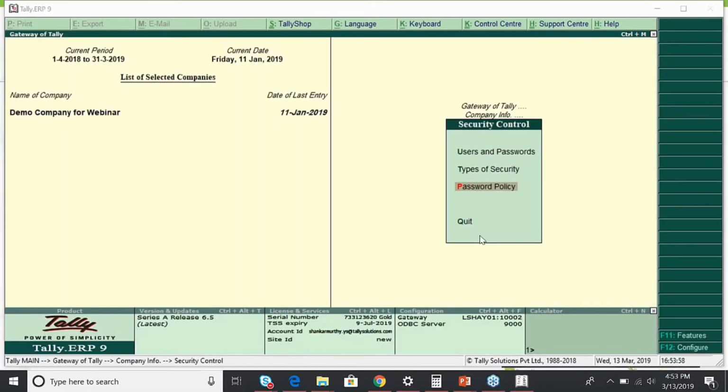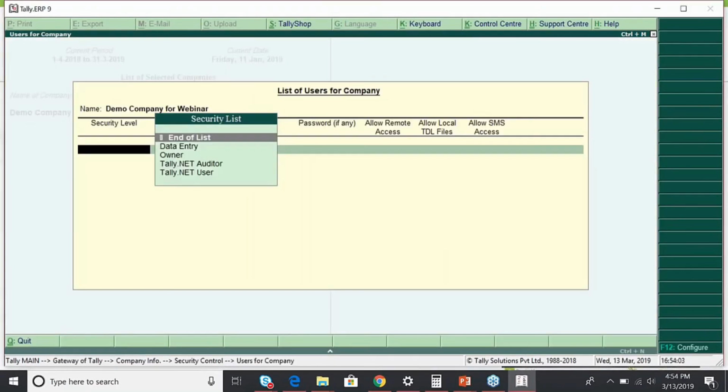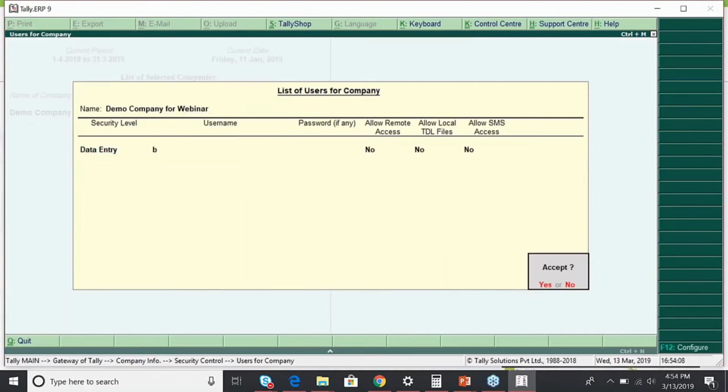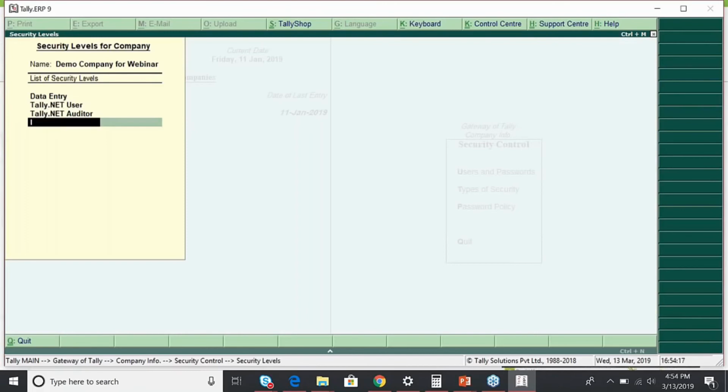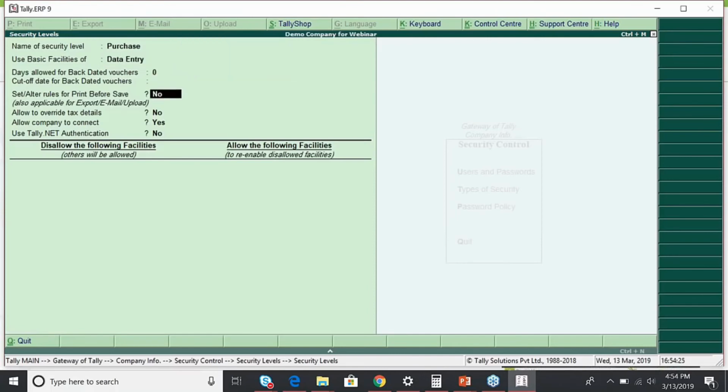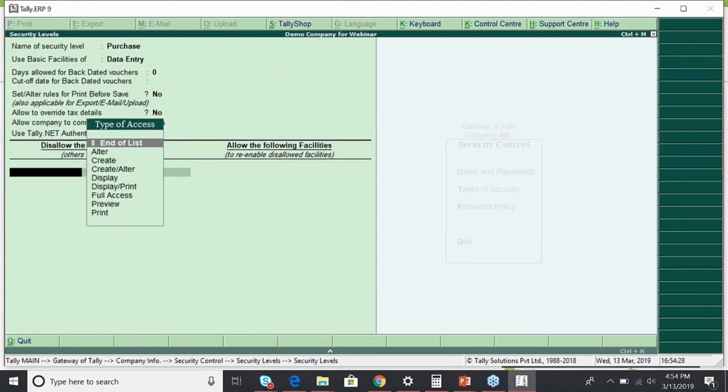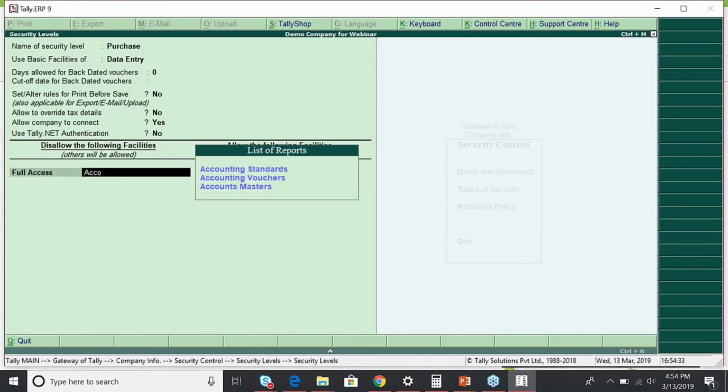Once this is done, the next major step is users and passwords. I am configuring the data entry password. Now there is an option called types of security. Let's assume that I have a purchase department. It is under data entry, and there is an option, full access for accounting vouchers.